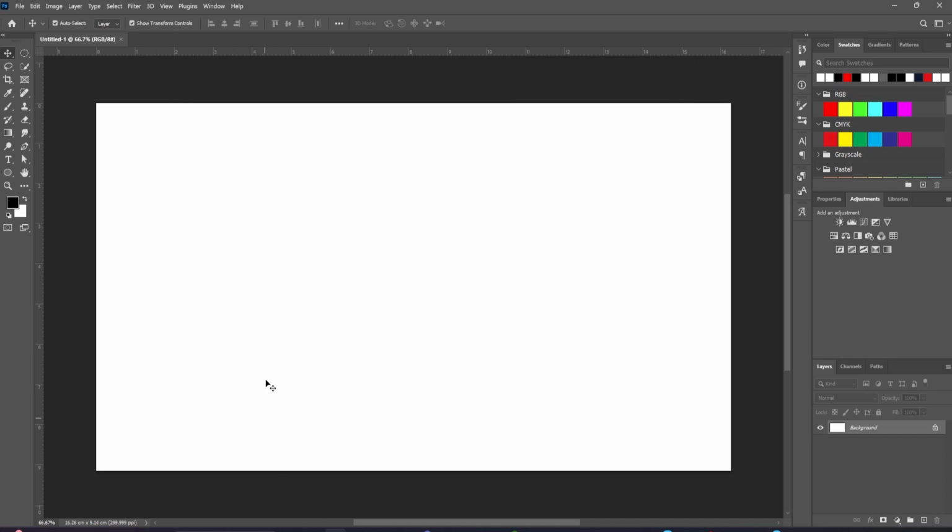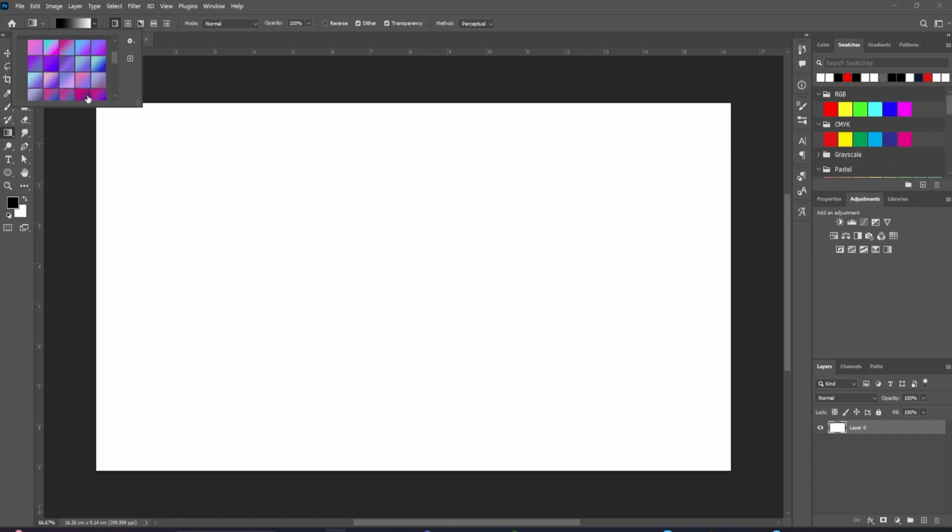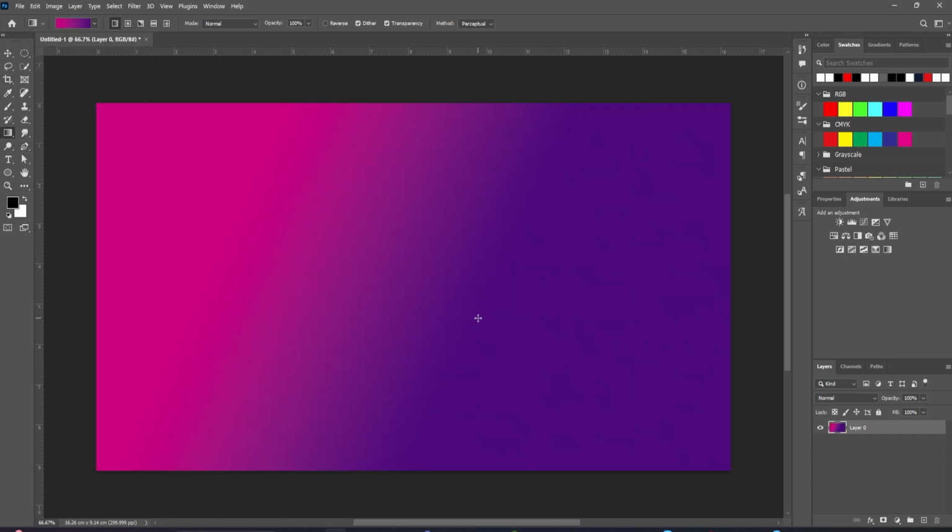I'm going to show you how to create amazing gradient backgrounds in Photoshop with this simple trick. Let's start on a new document with just a white background layer and head over to our gradient tool. Here we can choose from one of the many preset ones in Photoshop or double-click on the gradient editor to create our own gradient. And then the key to this trick is to set the blending mode to difference rather